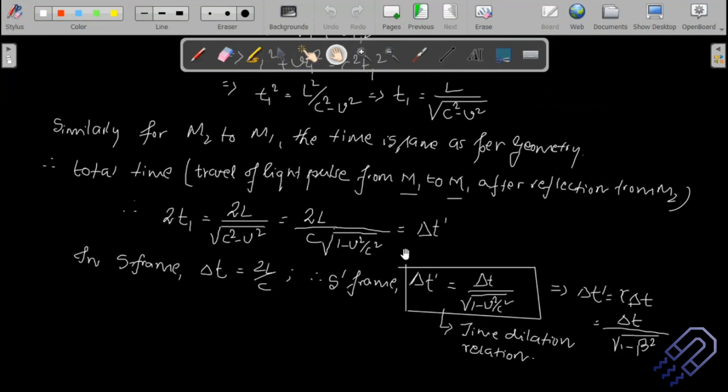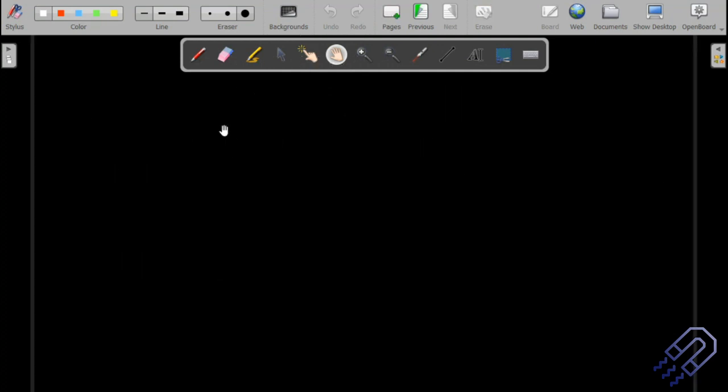But as I told you, this is not the only way to derive the time dilation relation. This is a thought experiment we basically use. We can also derive the time dilation relation from Lorentz transformation. So the next topic is time dilation, and if we keep on doing this, we get a clear picture of what exactly is the frame of reference, where do we use it, when do we use it, and so on. So that's why this is time dilation from Lorentz transformation.